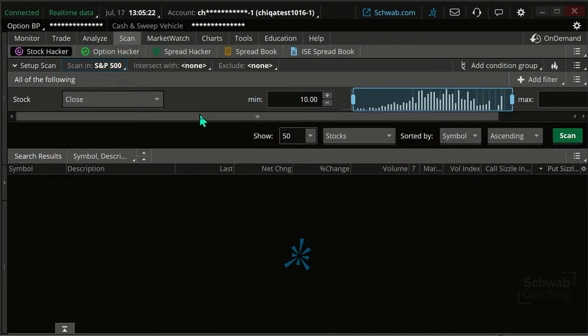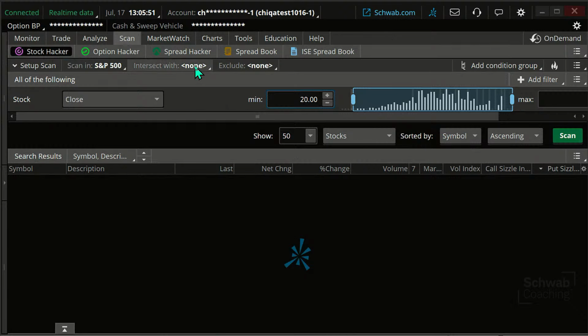But what do I want to see in, say, a liquid stocks watch list? Well, minimum stock price maybe is something. S&P 500, that's roughly the 500 biggest stocks out there. So those are going to be things. Now, the reality is there's some overlap because S&P 500 stocks are almost all going to be above $10 a share anyway, but you can always increase that to something else. Maybe we do $20 a share, whatever.